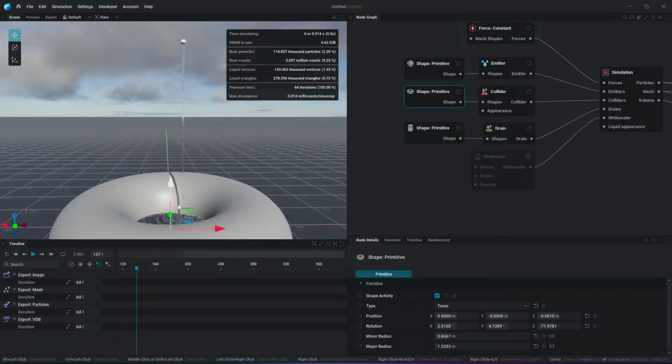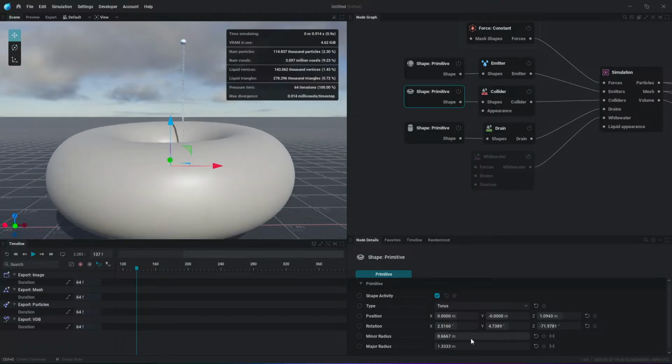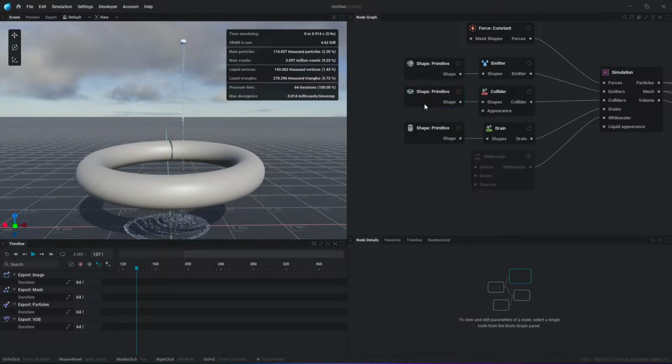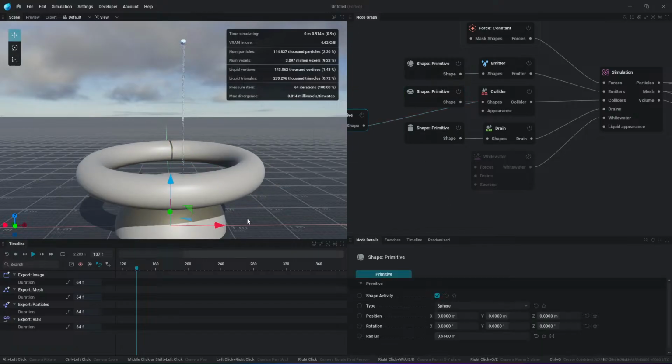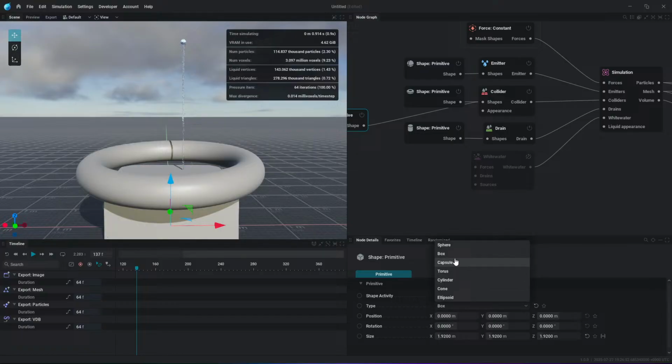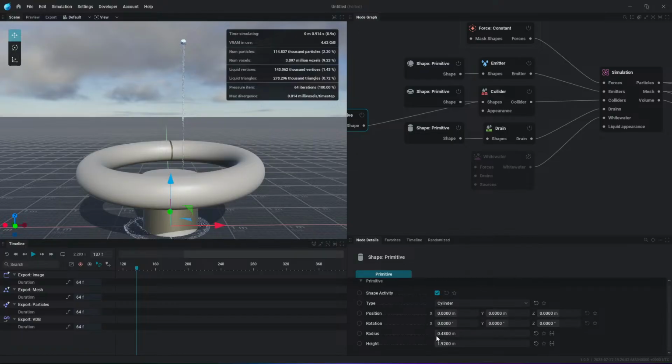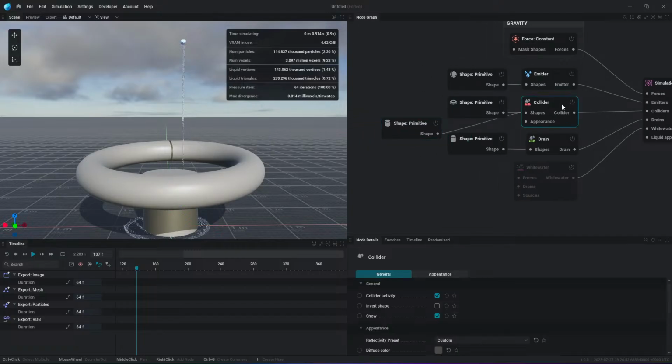I'm going to take this and do something like this. And then I'm going to add in another shape. And then I'm going to do, so this is a very roundabout way because, actually, let me just choose cylinder real quick. And actually, yeah, because we can't do a hollow thing that doesn't have an end because we don't